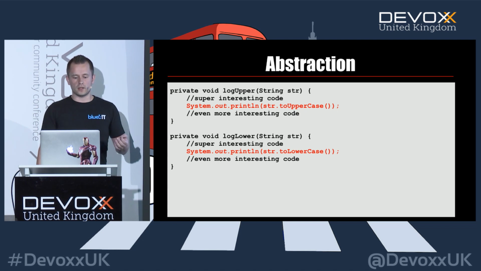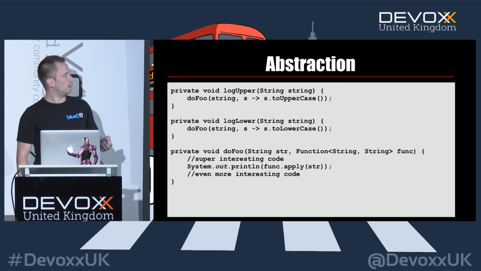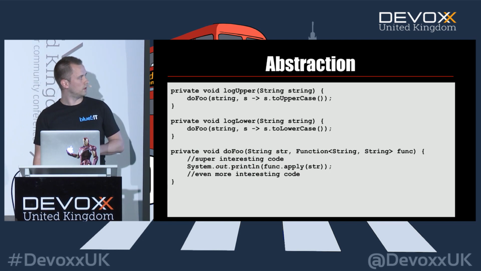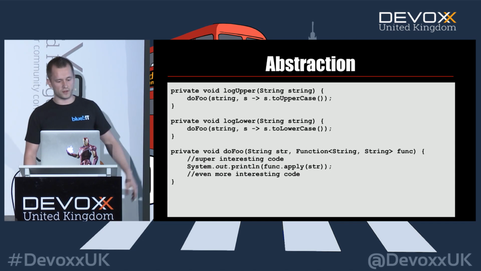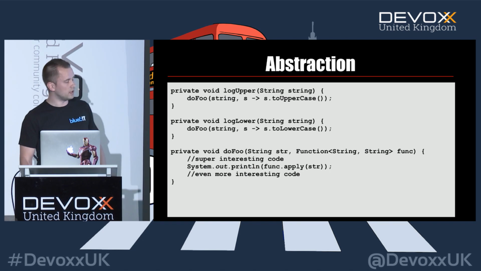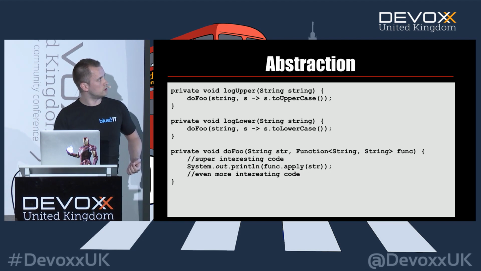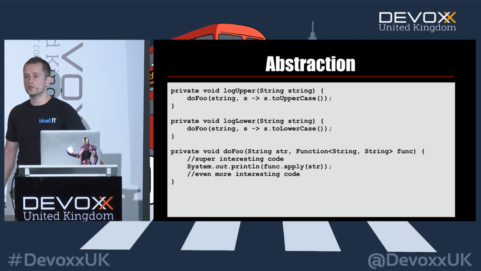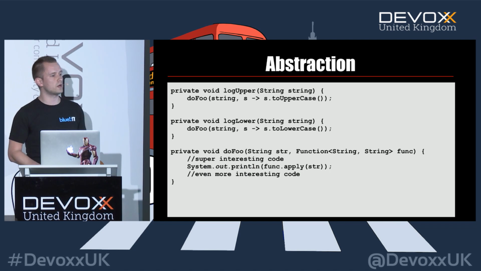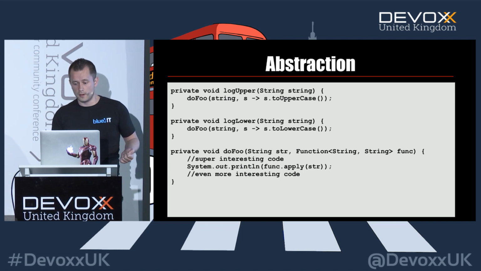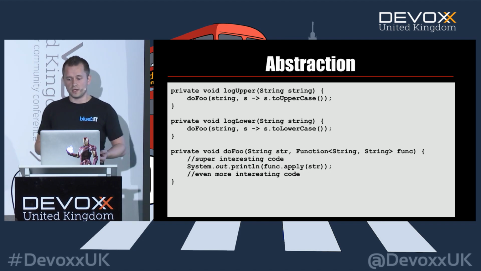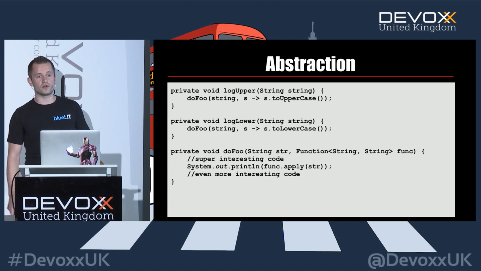But we can do it now with a higher order function, and we can make an abstraction like that. We make our combined function in our do-foo method over here, and by giving a logger up and a logger low, and calling that do-foo method with a particular function, we can now create our own layer of abstraction, which makes it quite readable and quite maintainable, I guess. So no copy and pasting anymore. We now created our first higher order function, which is quite cool.